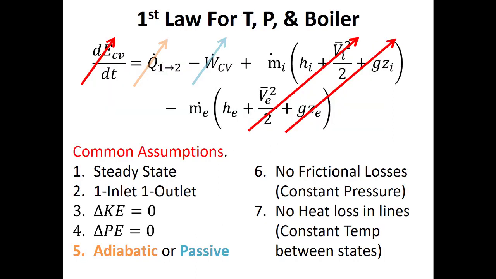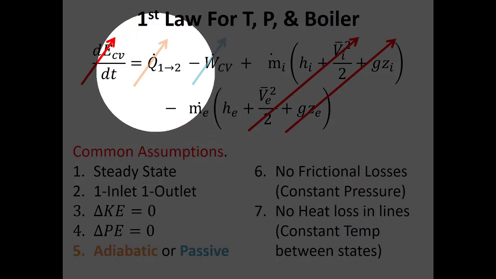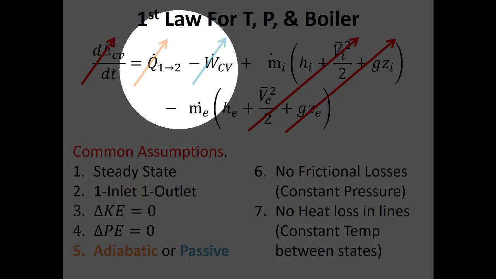The first law for turbines, pumps, and boilers, right? So we would say that we have all of these processes at steady state in this class. Typically, these processes will have one inlet and one outlet. We typically neglect kinetic and potential energy. For these components, if I'm talking about turbines and pumps, I'll usually say that they have no heat loss. Although if I was given a heat loss, I'd have to be able to deal with that.